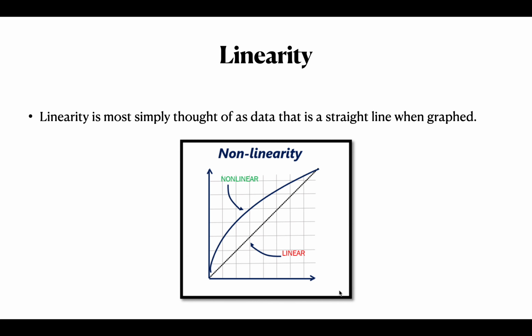So, what is linearity? Simply, what is a linear equation? You already know, right? Whenever I have two variables, and they have a linear relationship with each other, then I say that my data is linear. This is how I plot the data. So this is my linear relationship, this is my non-linear relationship. If I get a straight line when I plot my two data on xy coordinates, then it is linear data, otherwise it is non-linear data.